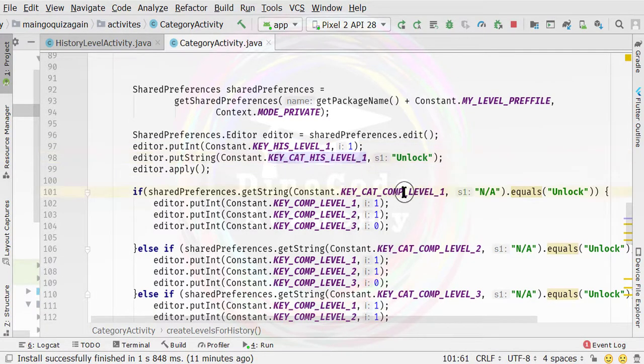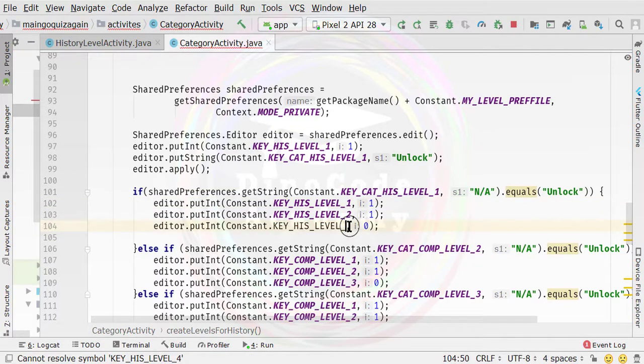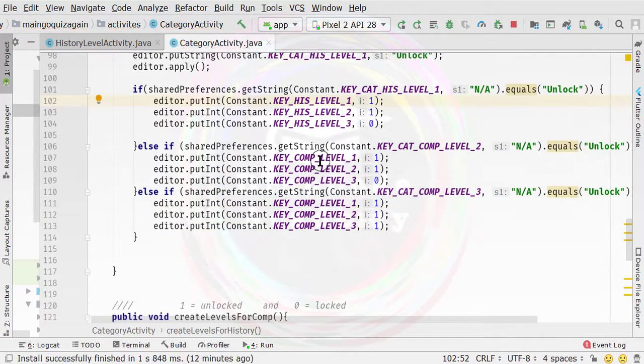So I'm going to copy this one and paste it here. And then I will copy this value and paste it here, then change it to 1, 2, and here 3, not 4, because level 4 does not exist. Similarly for here, and also pasting it here, and then change it into 2, and also here 3, pasting it here, and again I copied it mistakenly.